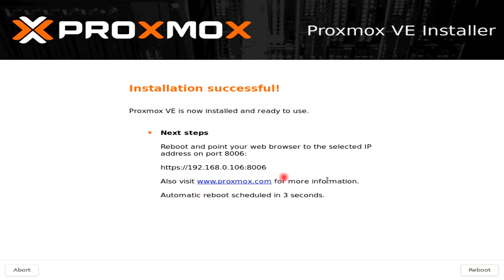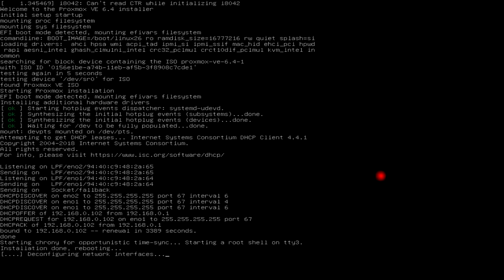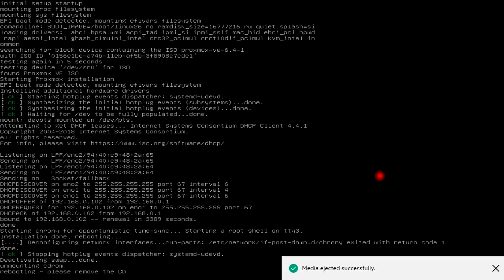Installation has completed here, and this is the URL through which we can access our Proxmox server. Proxmox will reboot here to complete the installation. Virtual media has been ejected.